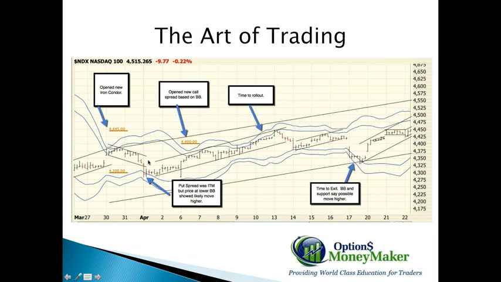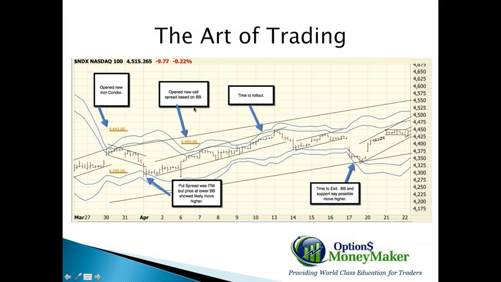It ended up, the price of the index ended up moving below our 4300 risk point, but we didn't take any action. The put spread was actually in the money, but the price had moved below the Bollinger Band, so that was a day we chose to just let it ride for another day or two. And we were right. It snapped back higher, allowing our risk point on the put to be out of the